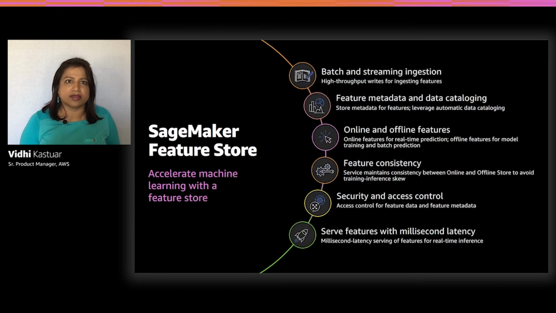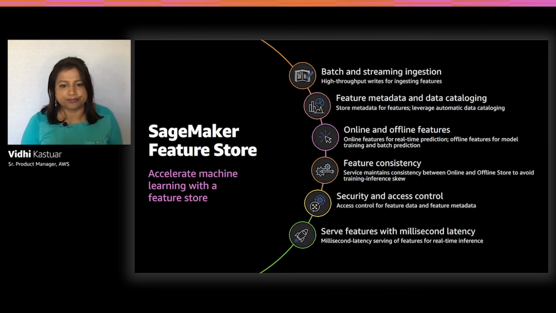And here are some of the core capabilities of the feature store. Before I jump into that, let me talk about feature groups and how these features are organized in the feature store. The feature store organizes these features in logical collections called feature groups. Each feature group has a record identifier that allows you to uniquely identify each unique entity in that feature group. It also has an event time that corresponds to the time at which the event that triggers a new feature